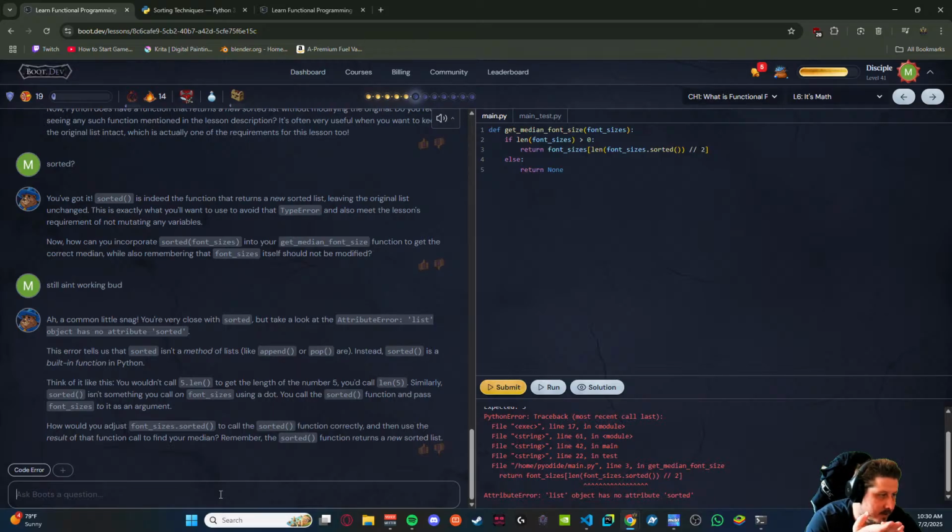Think of it like this: you wouldn't call 5.len to get the length of the number 5. You'd call len(5). Similarly, sorted isn't something you call on a list using a dot. You call the sorted function and pass font sizes to it as an argument. How would you adjust to call the sorted function correctly and then use the result of that function call to find your median?